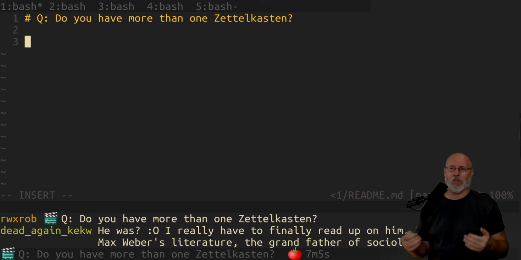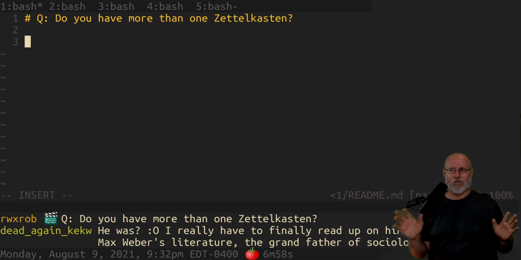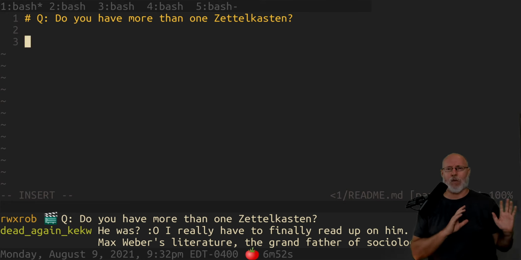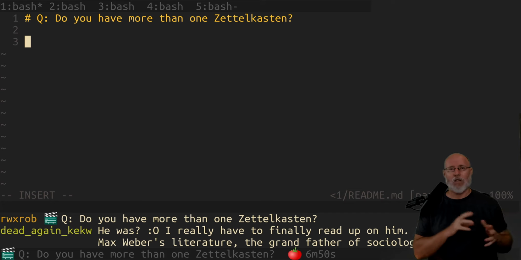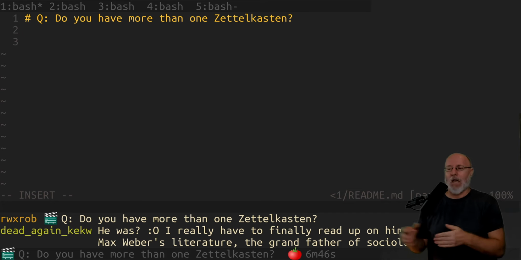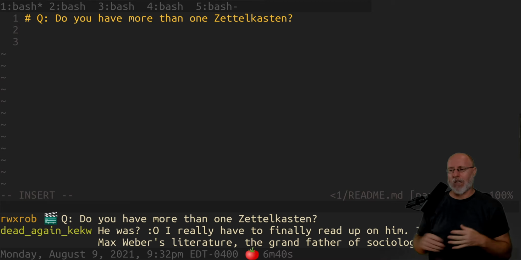My specific case was I started a separate Zettelkasten. In fact, I made my Zet script. You should probably make your own. It's a really fun activity. Great project, and you can customize it to your heart's content. I made mine originally so that it could be a multi-call binary, which means you change the name to do K3S or K8S or whatever, and all of a sudden it would maintain a different Zettelkasten repo on GitHub. And I'm taking advantage of the technology and all that.